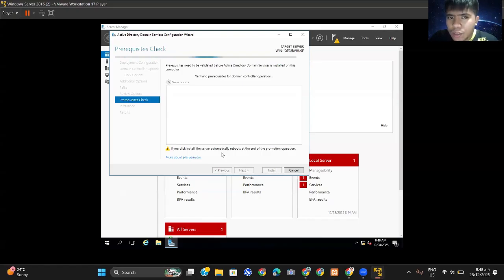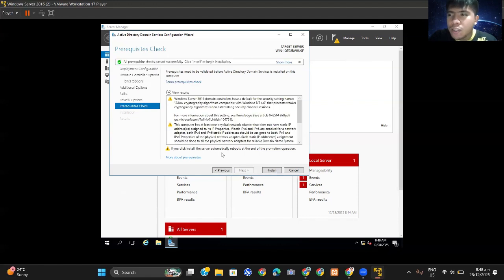Sometimes it takes so long depending on the configuration of the setup or the network hardware that you have configured. For example, in the physical process, sometimes it takes too long since the hardware is not up to date. So as you can see, just click install here.